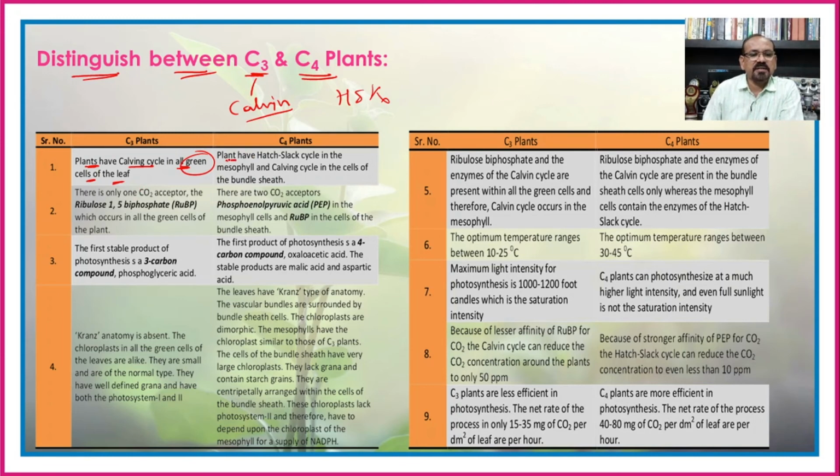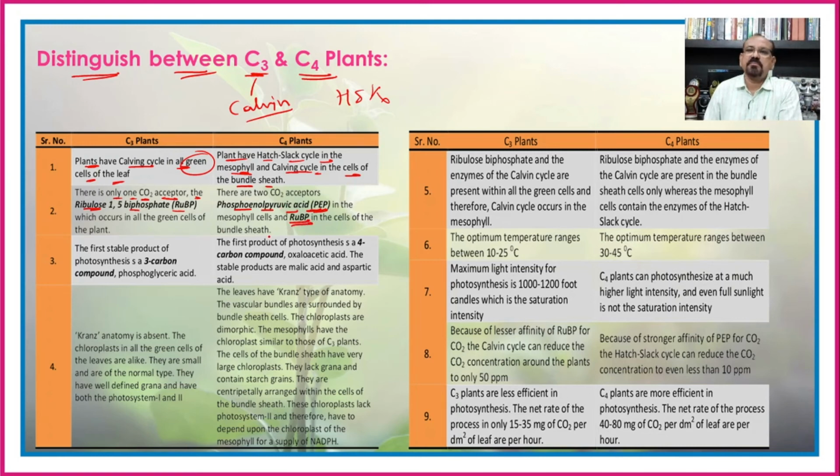And the C4 plants have the Hatch and Slack cycle in the mesophyll and the Calvin cycle in the bundle sheath cells. So this is the difference between these two. There is only one carbon dioxide acceptor in the C3 plants, that is RuBP, the ribulose 1,5 bisphosphate. But in case of the C4 plants, first of all, the carbon dioxide from the environment is absorbed by the phosphoenol pyruvic acid, and later on after the decarboxylation of the malic acid, it is absorbed by